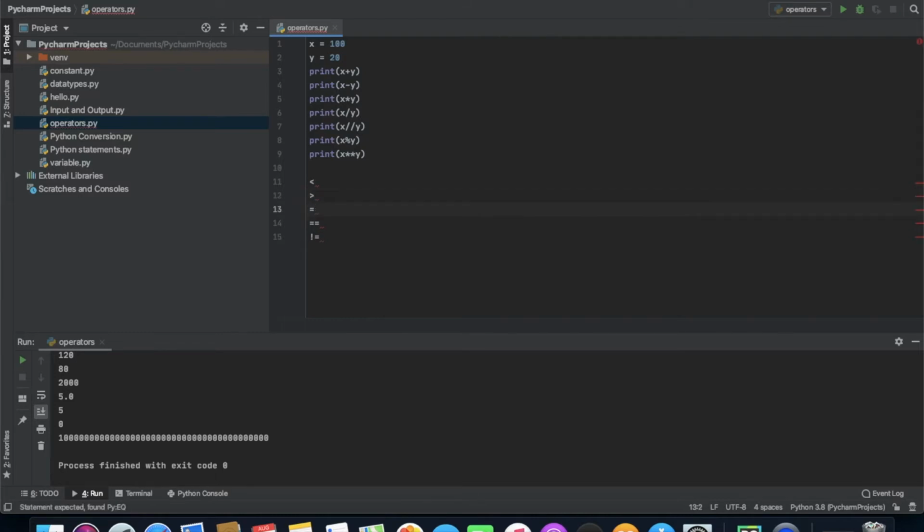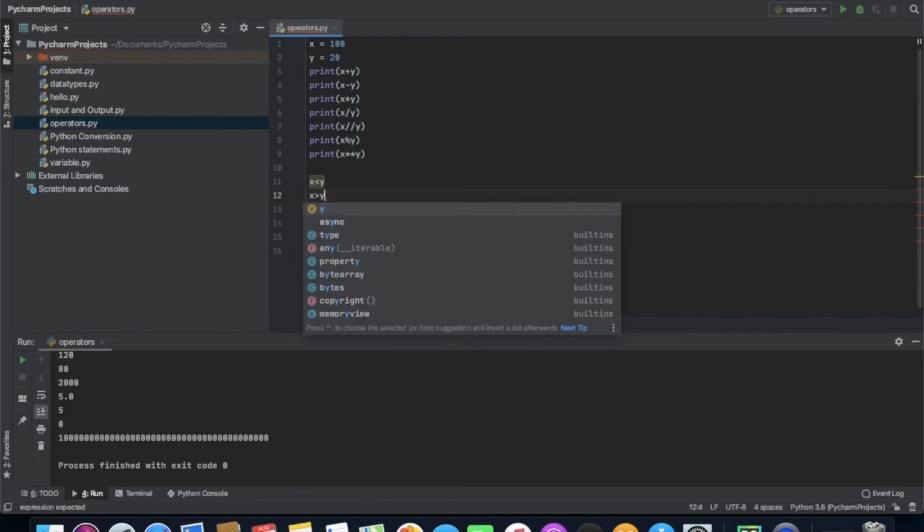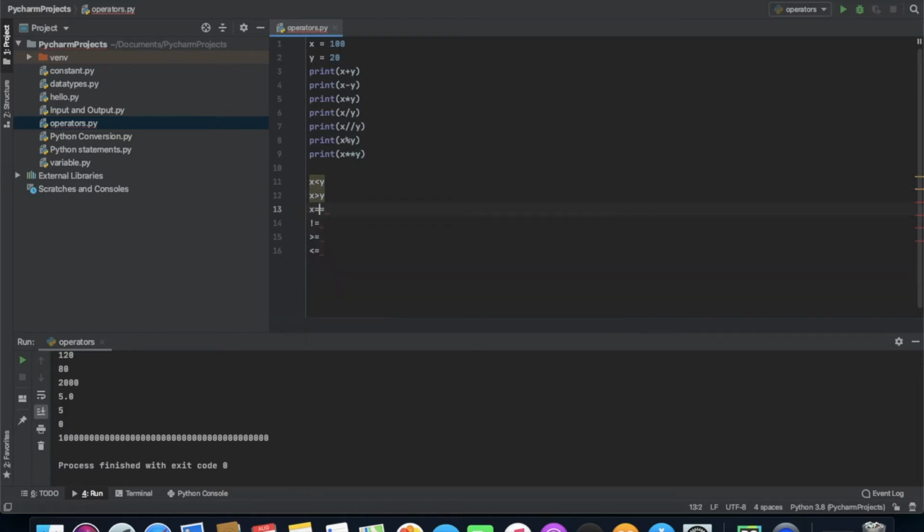We can't write equal to like this in programming. If you are programming in Python, you need to write it in this format for equal to, and this is for not equal to, this is greater than or equal to, and this is smaller than or equal to. So these are the operators which you can use. So if I say x is smaller than y, and in this x is greater than y, and in this x is not equal to y, x is equal to y in this, and in this x is not equal to y.